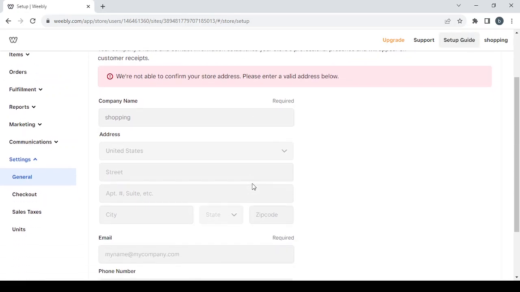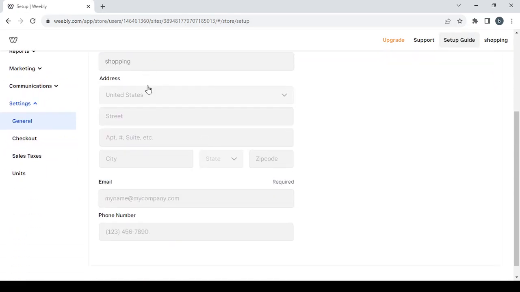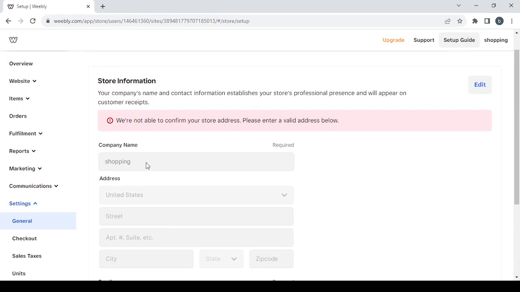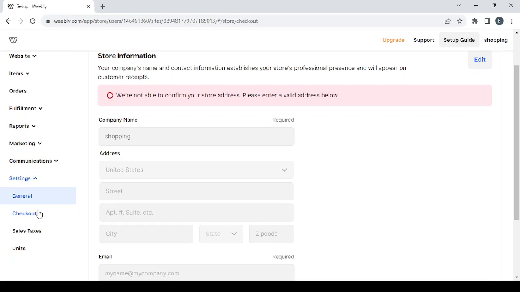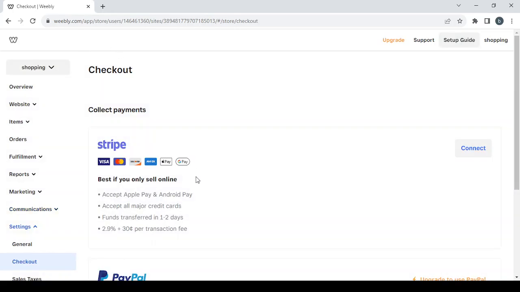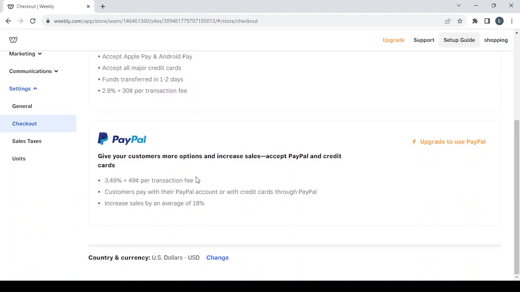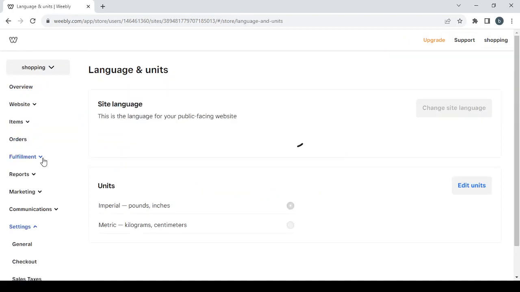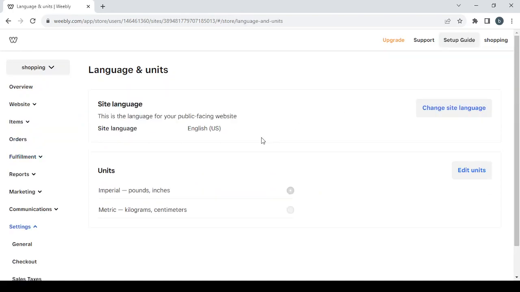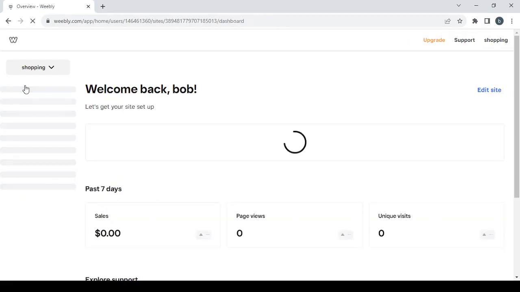And here, if you want to type in your address, your email, phone number, company name, and so on. And then you have the checkout to set your payment processors like your Stripe account, PayPal account, or change the country and the currency of your store. Then you have the sales taxes and the units, where you can change the site's language or edit the units that you already have. So let's go back to the overview and let's proceed to the editing phase by clicking